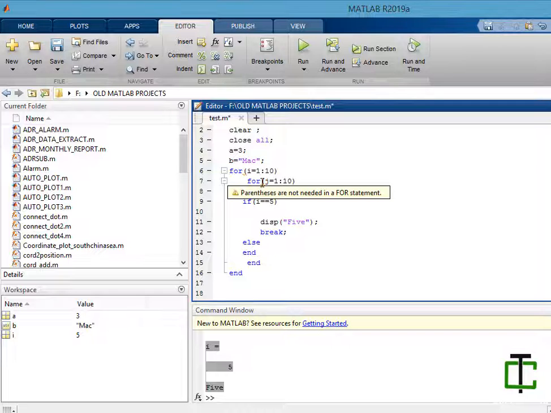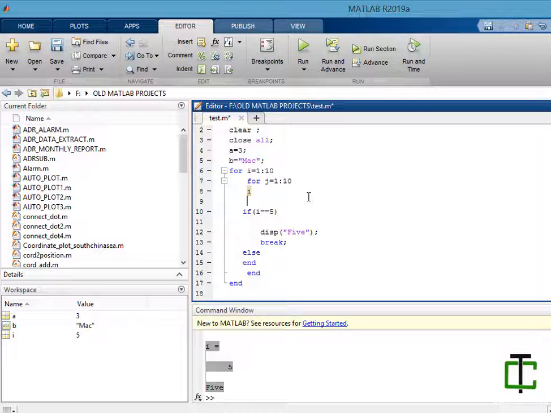So it's showing parentheses are not needed in the first statement. Let me tell you, I have been using MATLAB for only 6 months from now. That's why I forgot a little bit, so hope you guys excuse me. Then let's have another if statement here.